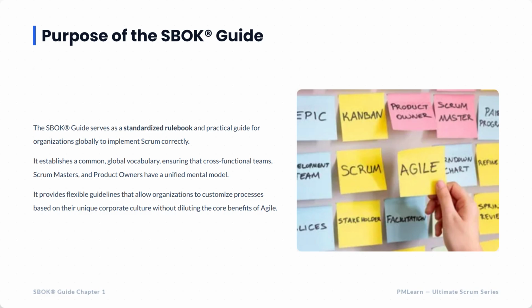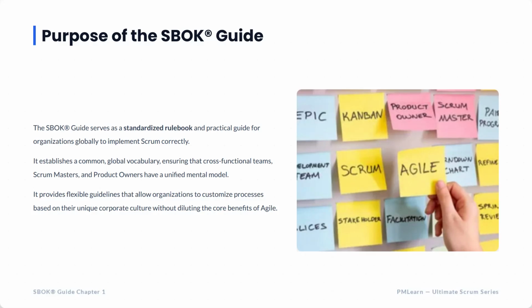The SBOK guide acts as a global standardized rule book. It ensures that a Scrum Master in New York, a product owner in London, and a development team in Bangalore are all speaking the exact same professional language. Most importantly, it is designed to be practical, flexible guidance. It doesn't lock you in a box. It gives you the rigid rules you must follow, but leaves room for you to tailor the process to match